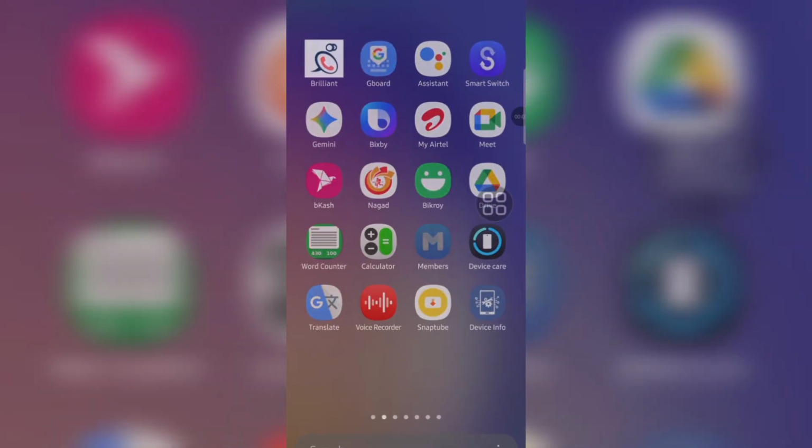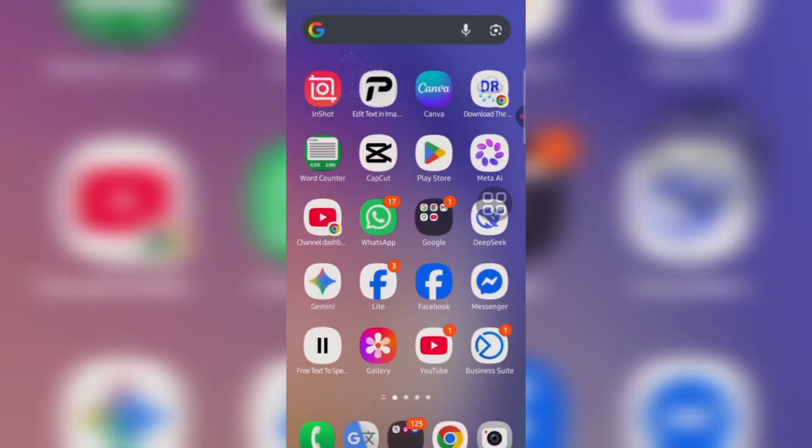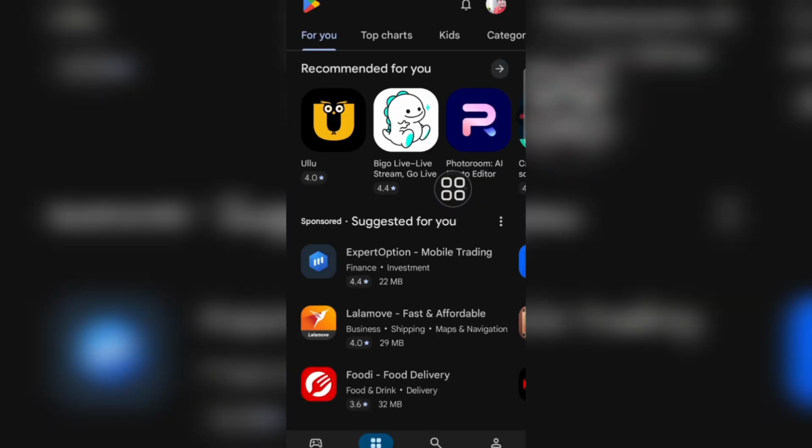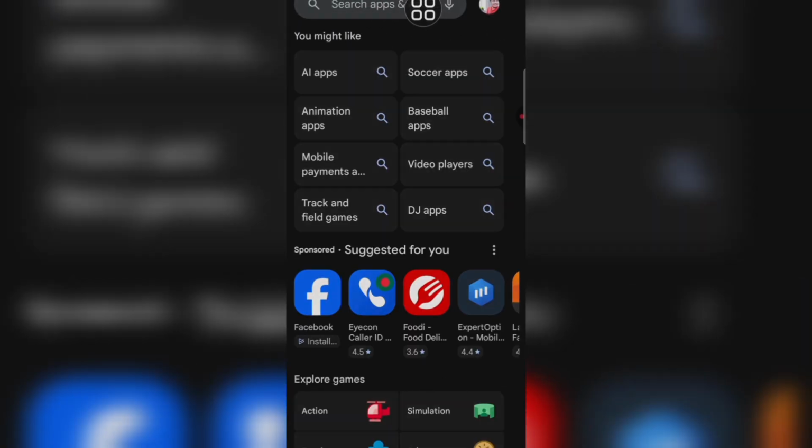Hello guys, today's video is about how to unlock your WhatsApp application. To do this, first of all, you will need to go into the Google Play Store. Once you've entered, you'll then need to update your WhatsApp application. Here in the search bar, please type WhatsApp. After typing WhatsApp there,